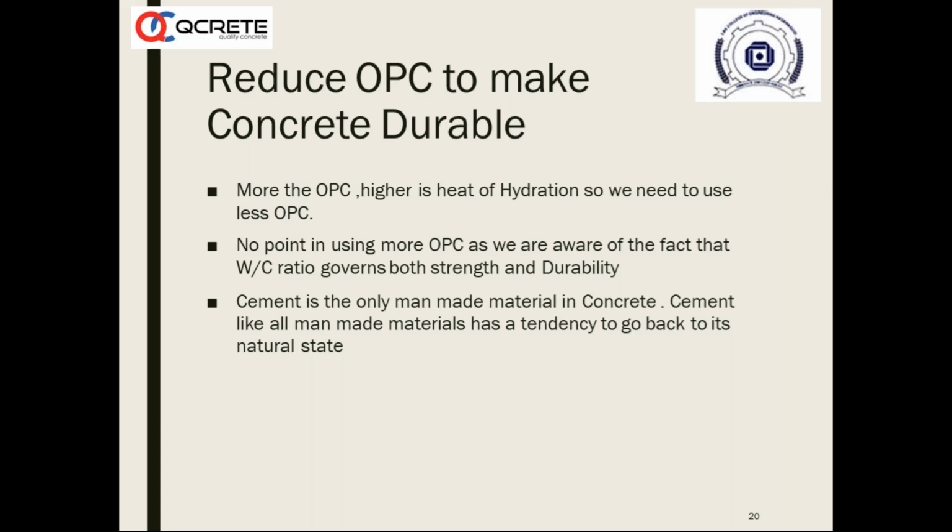For example, you have made a 1 meter high concrete. The center is about 500 millimeters, half a meter, below the surface. The temperature is maximum at the core, at the center, and minimum at the surface,